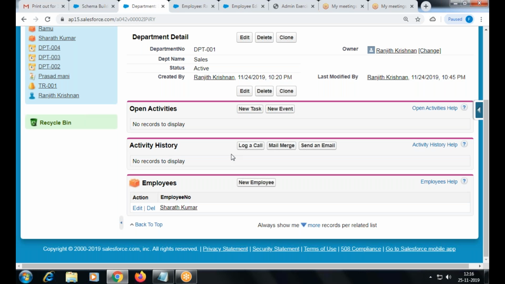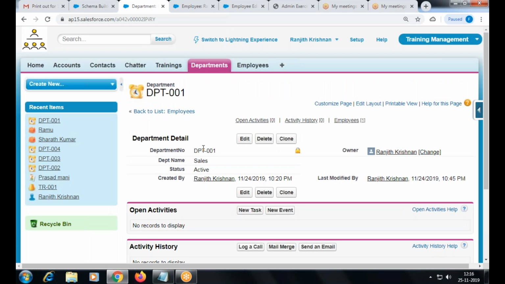But if you delete the child, within 15 days you can restore it, only when the parent exists in the database. But without a parent, the child cannot be restored. Got me? I delete the child first, then I delete the parent, then the child has no relationship. So automatically, you cannot restore the child back again. It's clear. Just a simple scenario you can try on your own. Just delete the parent, delete the child, and try to restore it.